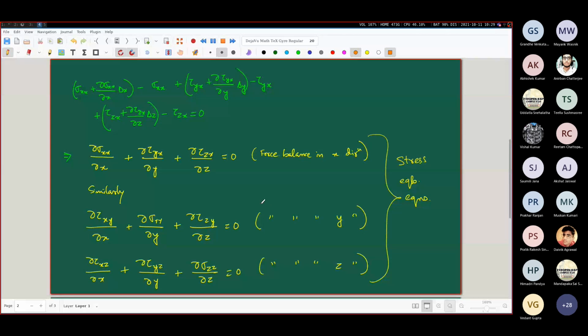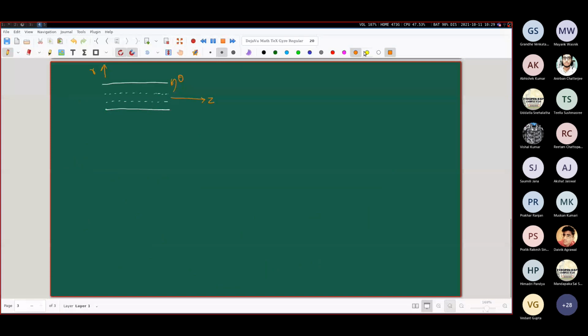What I will do is I will only consider the stress equilibrium equation in the R direction. I'm not going to derive it because the derivation is a little bit lengthy. I will show you a nice way of deriving it, which is slightly different from the textbook version. So let me not go into that detail right now. I'll show it to you later through your Jupyter notebook derivation. But let us write down what